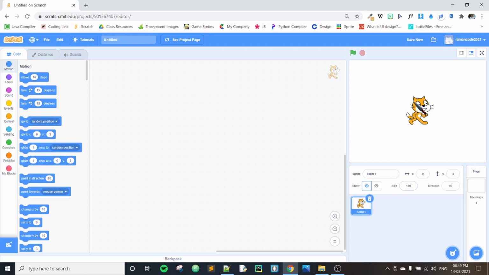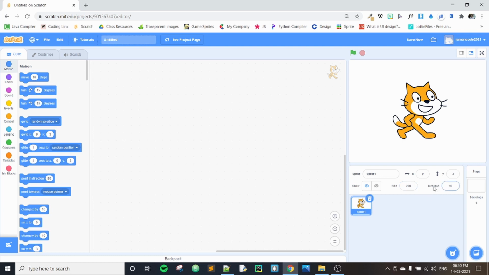Next, you will have something called size. This is the one which is going to control the sprite size. See, this is the actual size of a sprite. Now I'm just going to change this to 50. We'll type 50, press enter. So the size of your sprite is reduced. Now let's try to give some bigger value. Let's say 200 and press enter. The size of your sprite is increased.